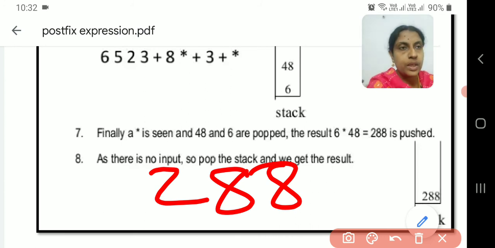Okay, this is how we can evaluate a postfix expression using the concept of stack. Remember the steps. Read the statement from the left side. When you see an operand, push it to the stack. When you see an operator, pop the last two pushed items from the stack, use the operator and do the calculation. And whatever answer you get, put that answer back on the stack. Continue the process until you evaluate the entire expression.